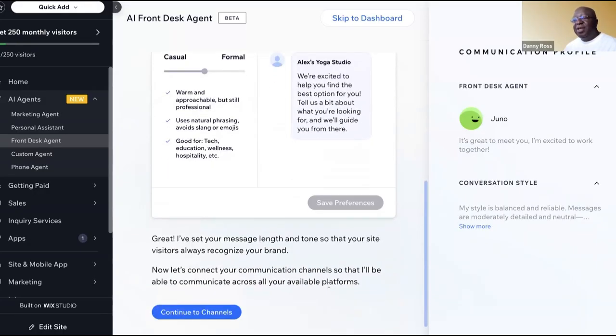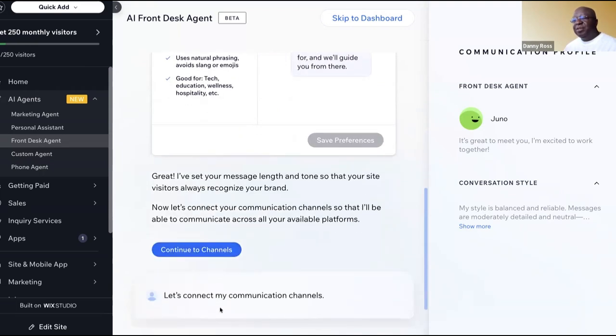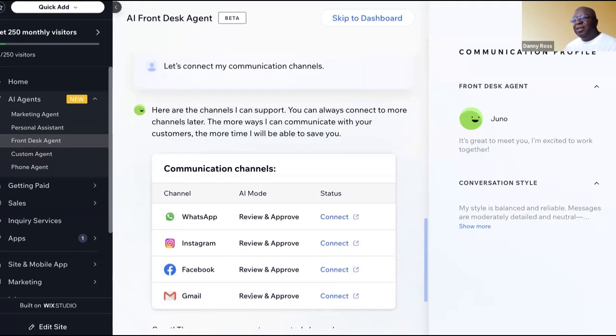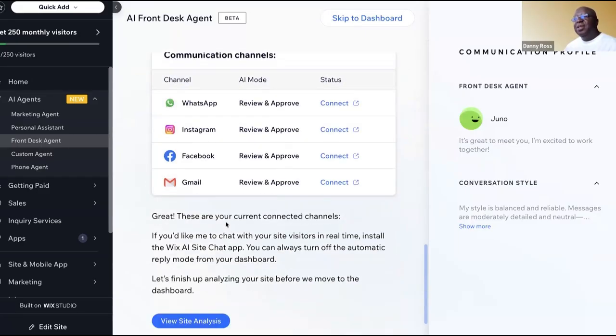So now that they've set up the basic information, we can talk about the specific communication channels that it's allowed to use. You can actually go in and set up your WhatsApp. This is what I meant by selecting how the AI is allowed to communicate. You can set it up in WhatsApp, Instagram, Facebook, and Gmail, as an example. So that's one way to create this agent that's going to be dealing with your customer base.